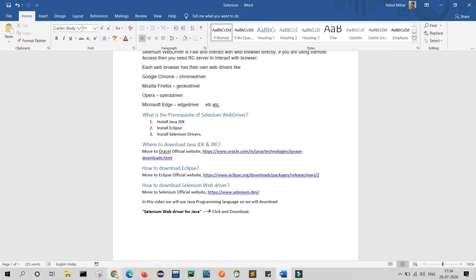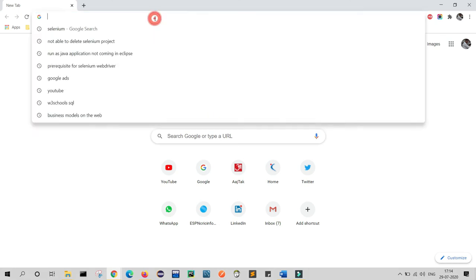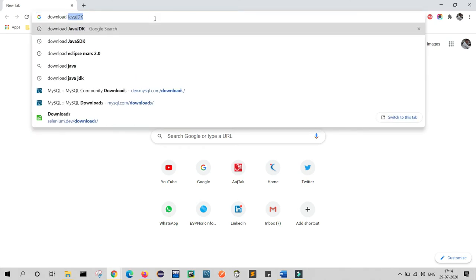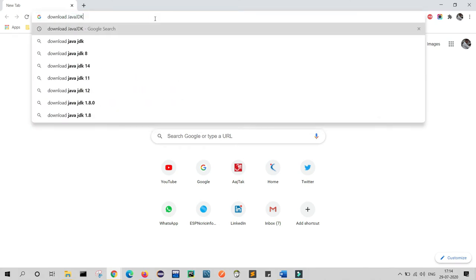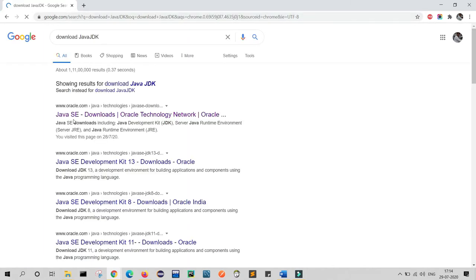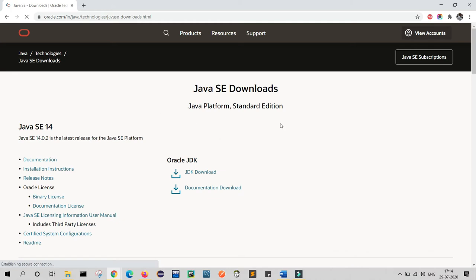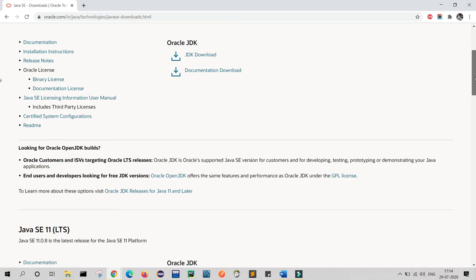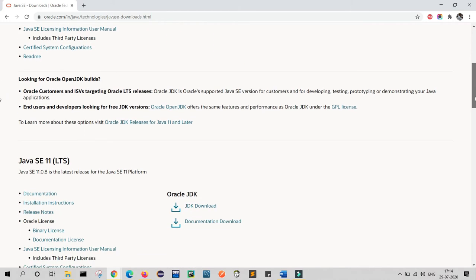So open your browser. In Google, you can type download Java JDK. Press enter and you can see the first URL, oracle.com/java technologies java downloads. Oracle is the official site, so you can download Java from the original site. Just click, and once it opens, you can download your JDK as per your system configuration or the latest release.